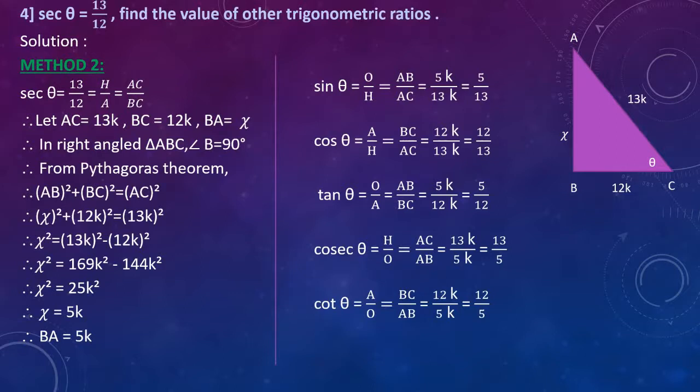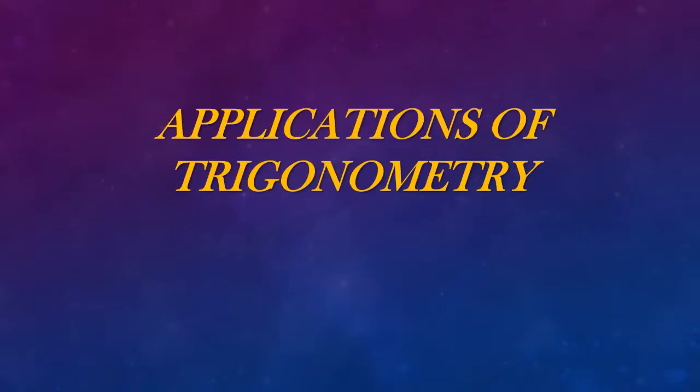Now let us study the applications of trigonometry. Many times we need to know the height of a tower, building, or trees, or the distance of a ship from a lighthouse, or the width of a river, etc. We cannot measure them directly, but we can find them with the help of trigonometric ratios. For the purpose of computation, we draw a rough sketch to show the given information. Trees, hills or towers are vertical objects, so we should represent them in a figure by segments which are perpendicular to the ground. Now let us see a few related terms.